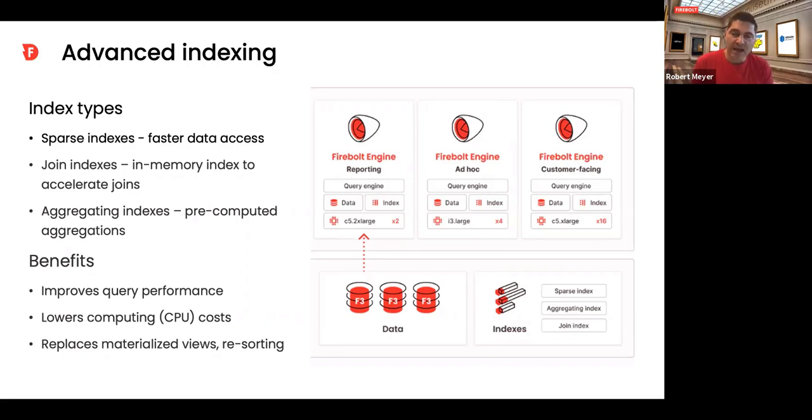My point in saying all that is, when you look at data warehouses, you're going to look at things like materialized views. You're going to look at how you have to do sorting versus turning it on automatically in the warehouse. You're going to ask Snowflake users, for example, why don't you use clustering keys for the automatic sorting? Well, it's a huge overhead, so we just end up resorting ourselves and loading into the warehouse periodically to get better performance. You're going to have categories like materialized views, resorting, thinking about how to shrink your segment size, optimize your segment size, and compare that to things like indexing.